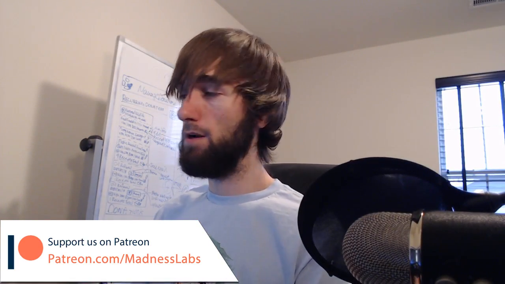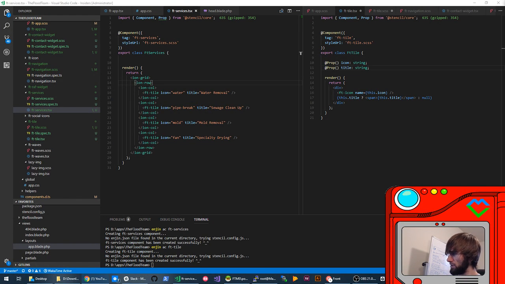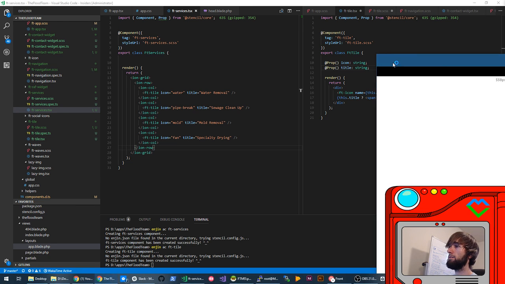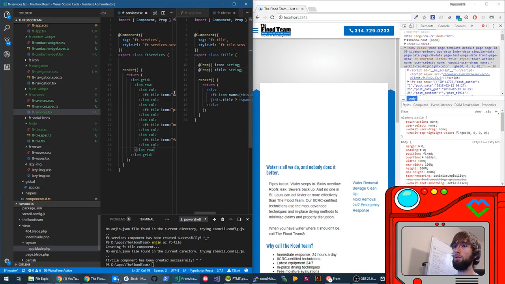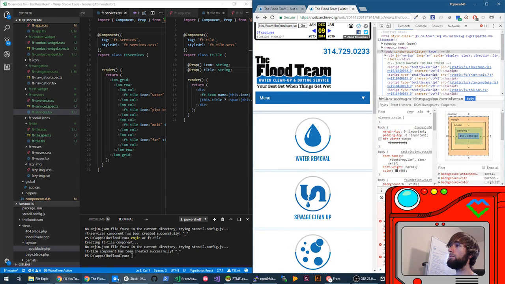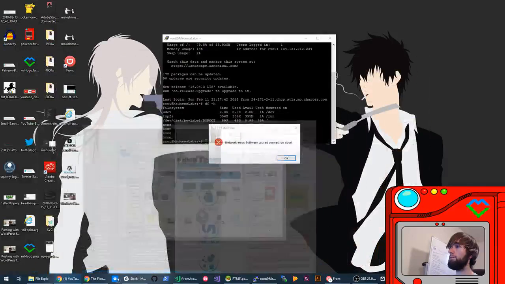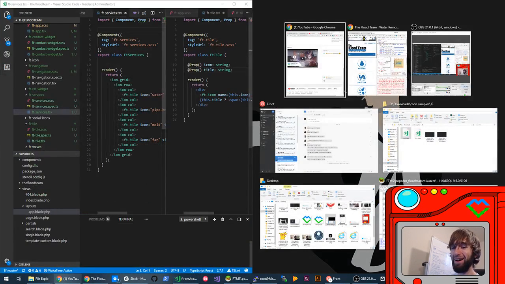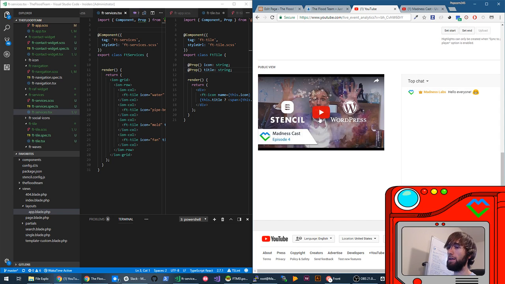Okay, so I'm going to jump to the screen here. First off, I've got a component here that I just started scaffolding, and let me pull up Chrome here, and I'll walk through what we currently have. One thing to note, if you're going to be doing this on your local machine, as I am,